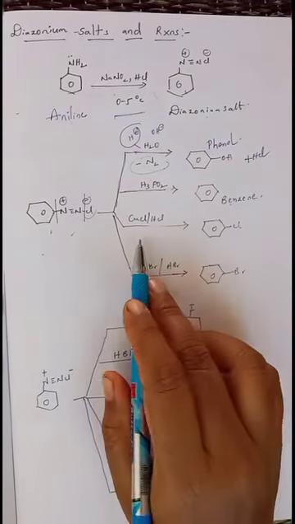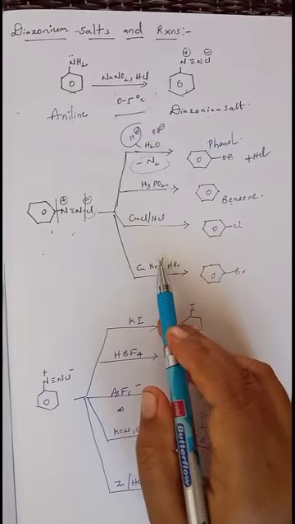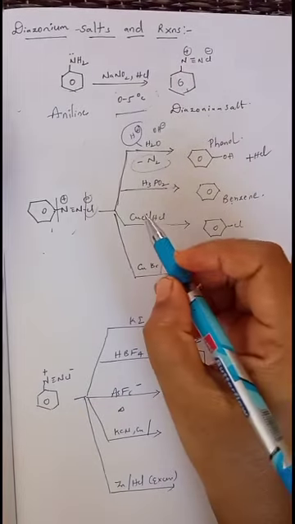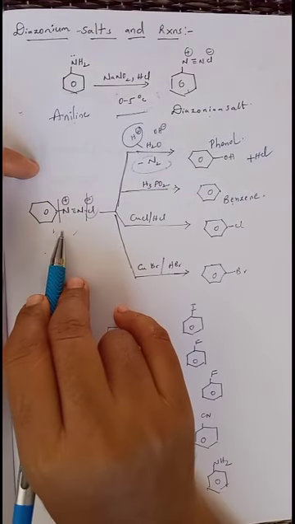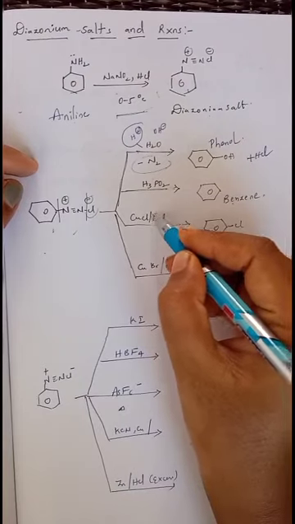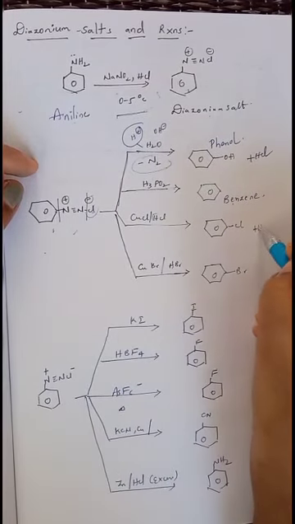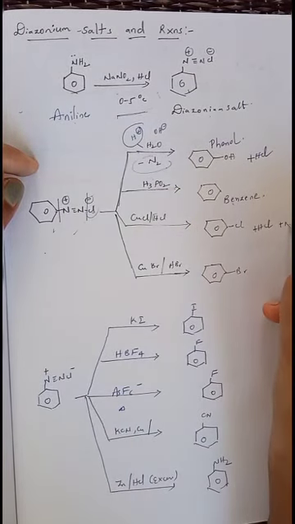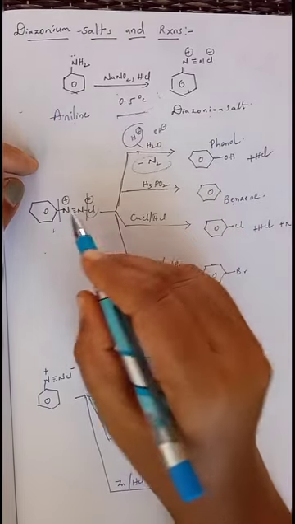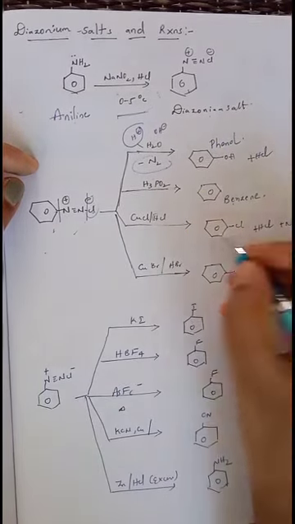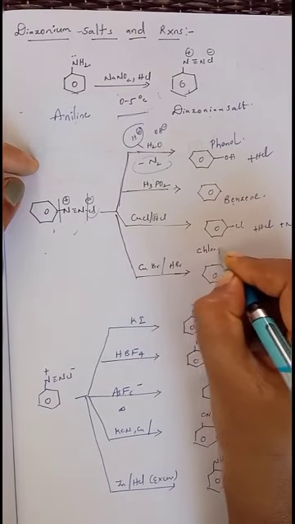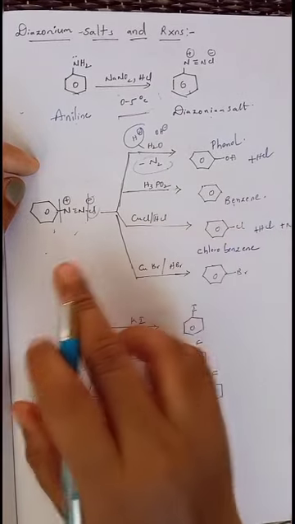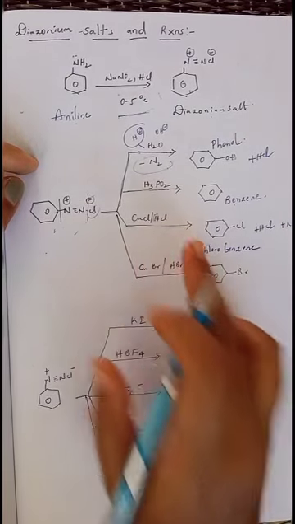Next one, reaction with cuprous chloride and HCl. When cuprous chloride and HCl react with this diazonium salt, this hydrogen takes this Cl and is eliminated as HCl, and when the bond breaks between nitrogen and chlorine, nitrogen and carbon, it releases N2 gas, and whatever Cl is left is added to this benzene ring and we get chlorobenzene. The formed product here is chlorobenzene. So chlorobenzene is obtained as the final product when diazonium salt reacts with cuprous chloride and HCl.